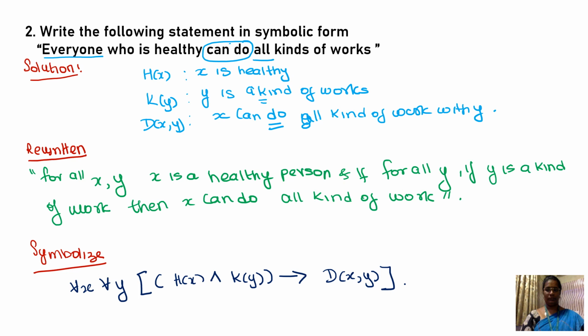Now let us see one more example where we make use of the existential quantifier, or where we make use of